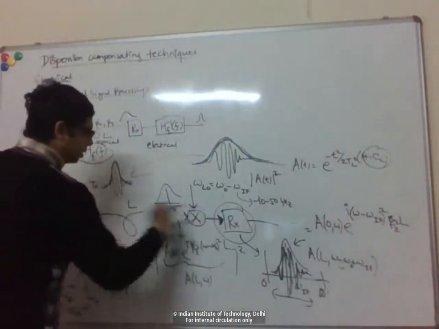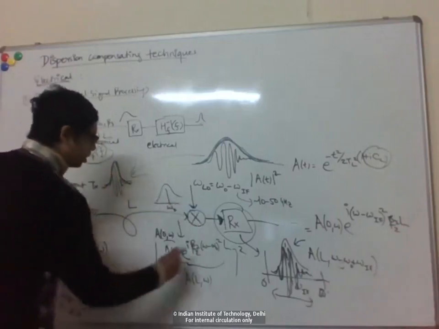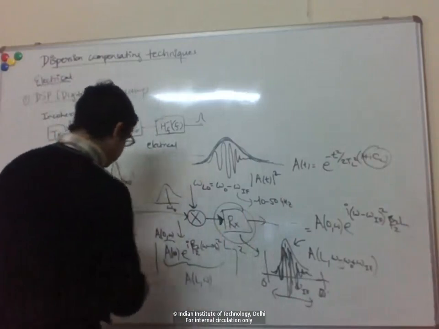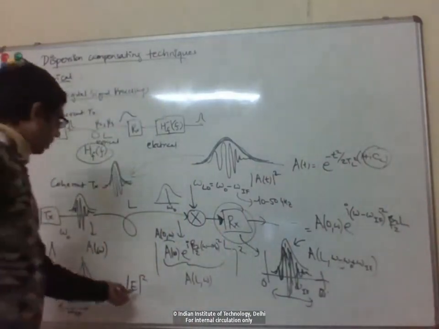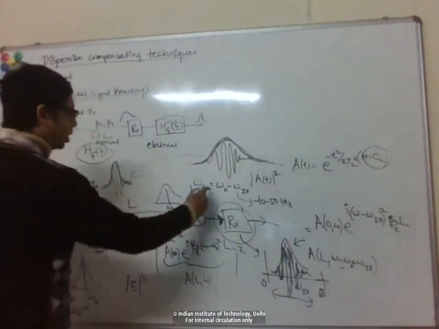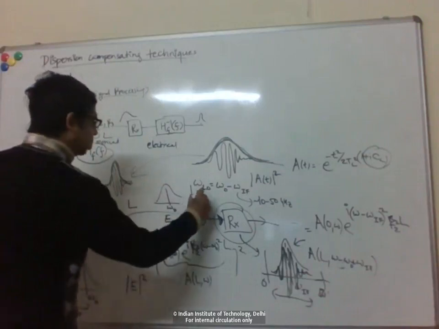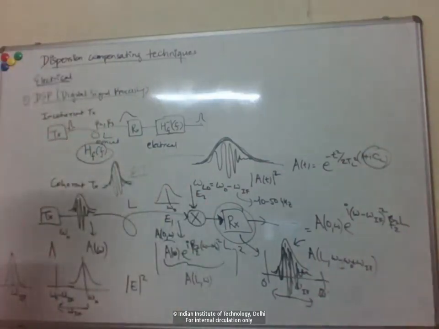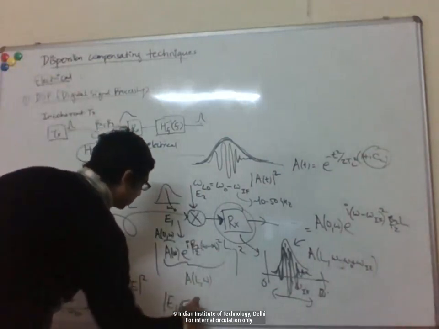You have some incident field, and basically the photodetector gives out a current which is proportional to mod E square, or the power. So because it's mod E square, you lose all the phase information. But here what you are doing, you have two fields here, E1 and E2, right? And then once you send E1 plus E2 to the detector,